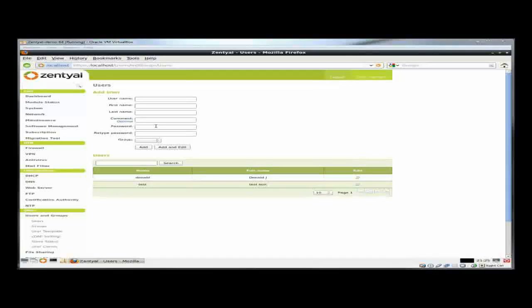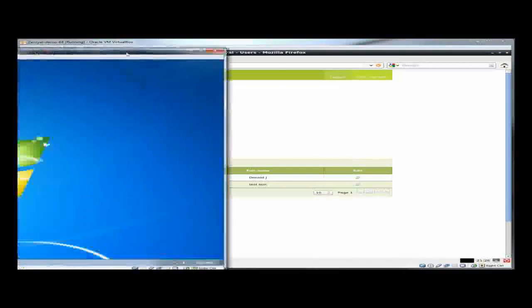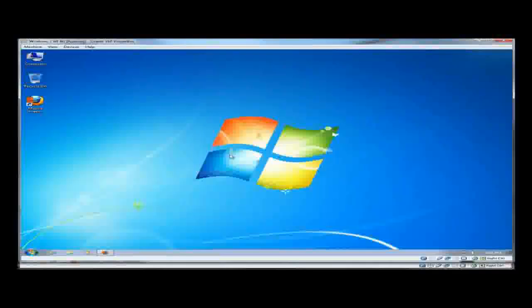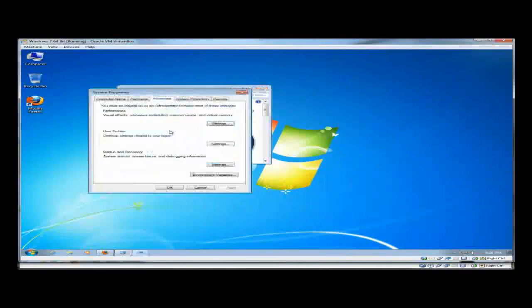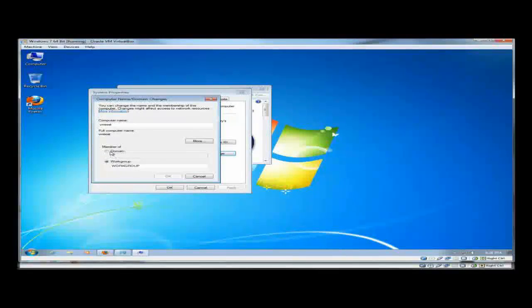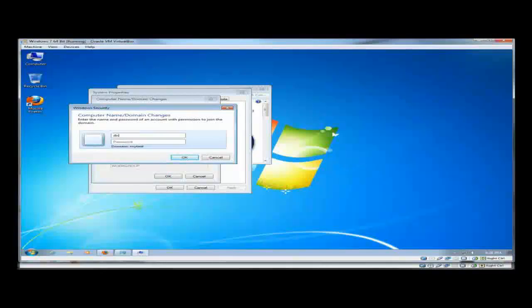We have a Samba primary domain controller. I have a virtualization of Windows running here. Let's slide this over and see if we can join this Windows 7 environment to the Zentyal domain. Slide this over. Match it right up. And under advanced, as if you were going to join an ordinary PC to a domain. We called it my test, the name of the domain. And Donald, the user we created, does have rights to join. Actually, the password is